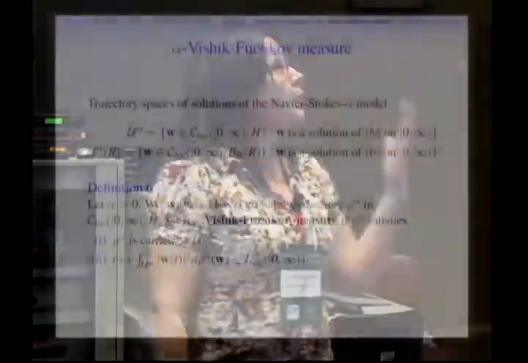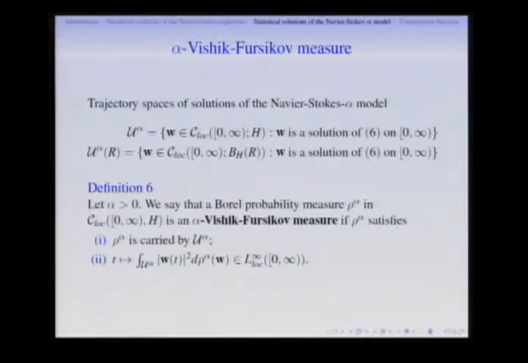Okay. So the trajectory space for the Navier-Stokes alpha model is simpler, because now we don't have the problem at the orange, since we have the stronger continuity. So we define the trajectory space as the set of solutions, and analogous to the Navier-Stokes equations, we define the alpha Vishik-Fursikov measure